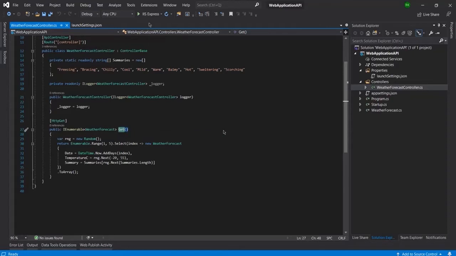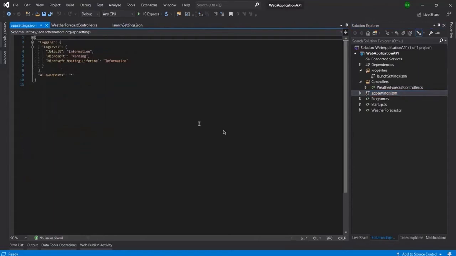Whenever we run this application for the first time, the default method will be called. Now in appsettings we will have all the configuration related to the connection or app settings, or any key values.